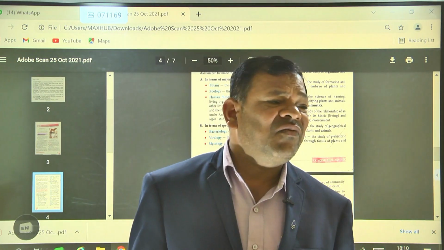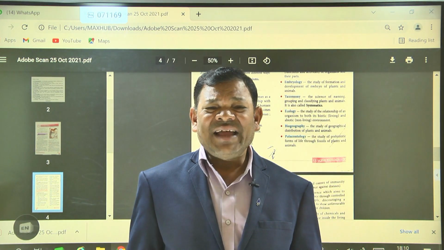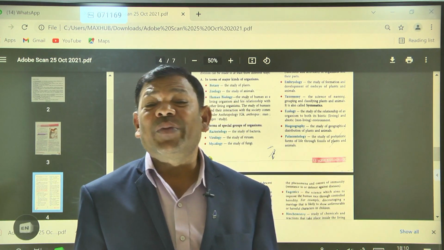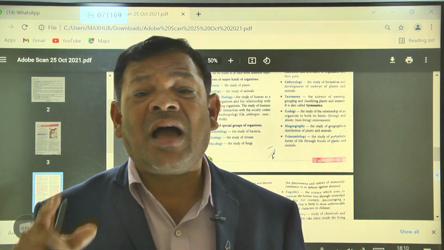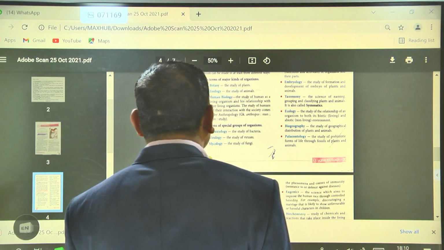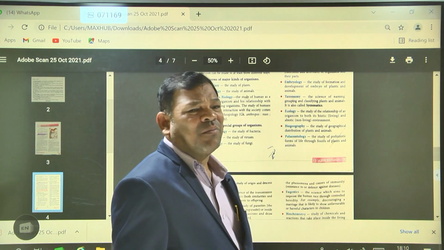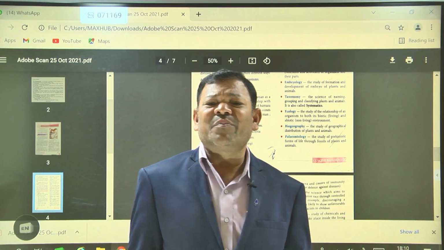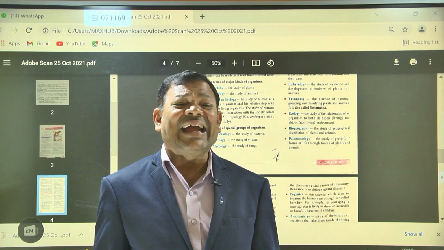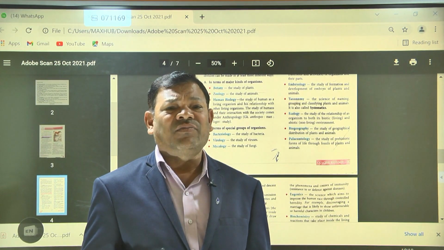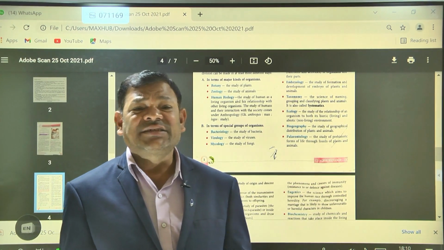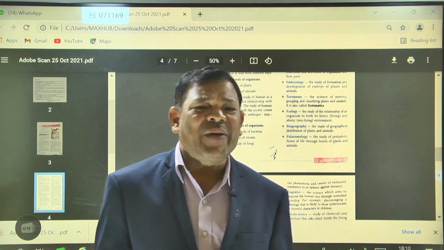In your daily life you know very well that milk is converted to curd with the help of Lactobacillus bacteria. So these are useful bacteria. Rhizobium leguminosarum bacteria convert molecular nitrogen into nitrate or nitrite form, which is then utilized by the plant. So these are examples of useful bacteria.